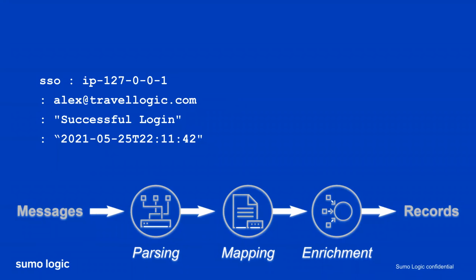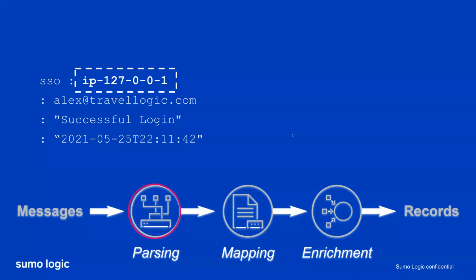So what we have here is a simple log message that has come down this pipeline of what we just described, the collection, the parsing, all that stuff. First, a message is parsed and extracted from the record. Then it's going to be mapped into a set of key value pairs.